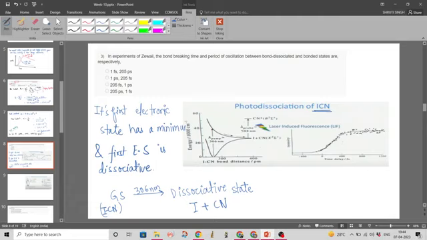But here the probe is energetic and is exciting this dissociated form, and it is giving CN star, the excited CN. The probe is acting like a pump